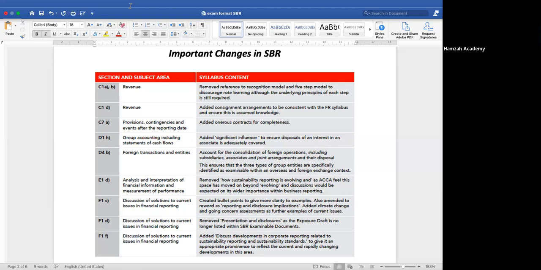And then as far as the analysis is concerned, sustainability reporting is something which I'm expecting in section B as well this time. And now the ACCA feels that this space has moved on beyond evolving, and discussion would be expected on its wider importance with the business reporting. So this time I'm kind of